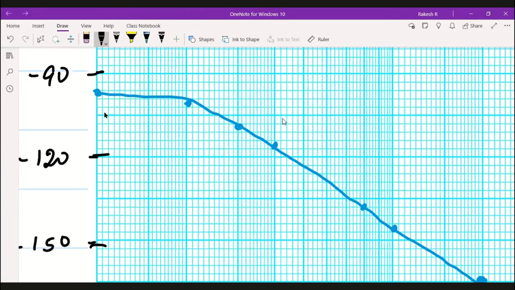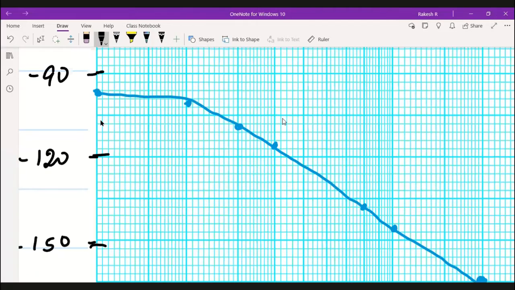5 divisions, you can take that as 30 as well. If the graph length is more, look at the complete 1 centimeter scale. If you have 10 divisions in 1 centimeter, take that one as 30. If you have 4 divisions within 1 centimeter, take that one as 30 degree. That's it.